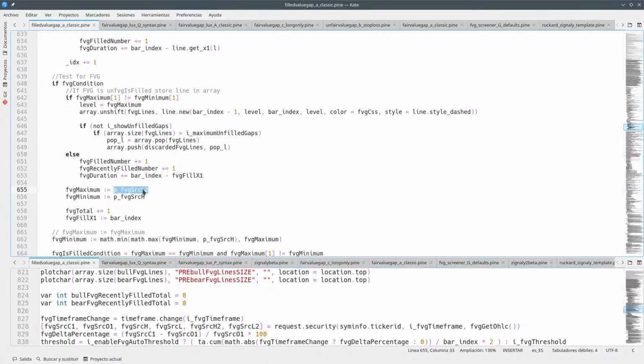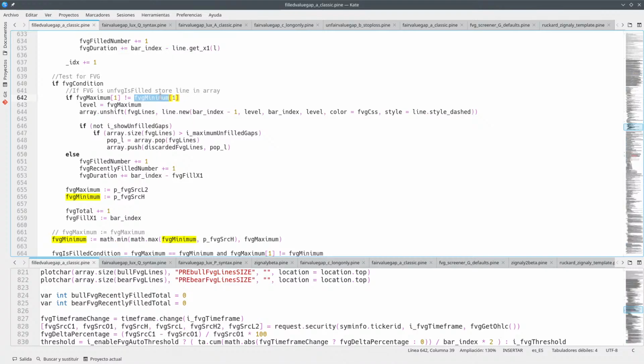So low from two candles ago and high from the current candle. This is the maximum, this is the minimum, and this is saved. Then later on, it compares maximum and minimum